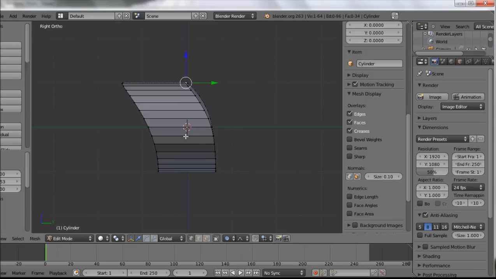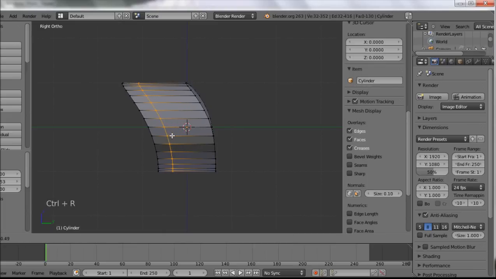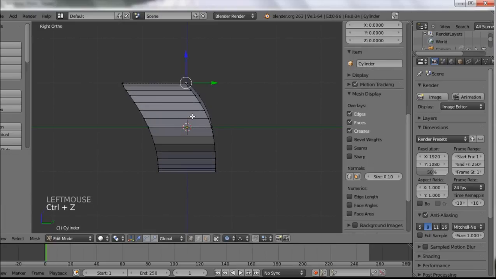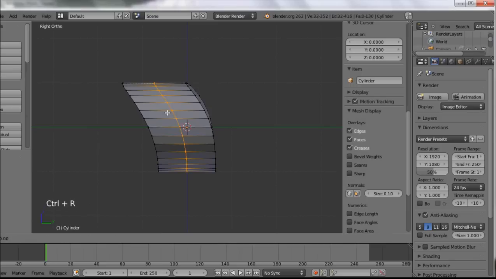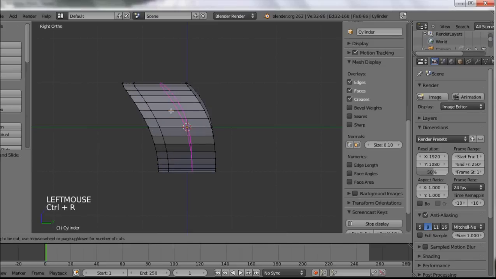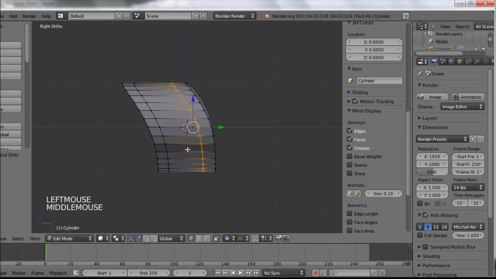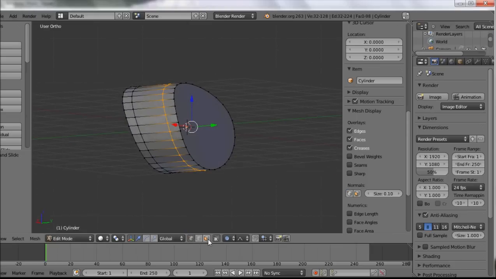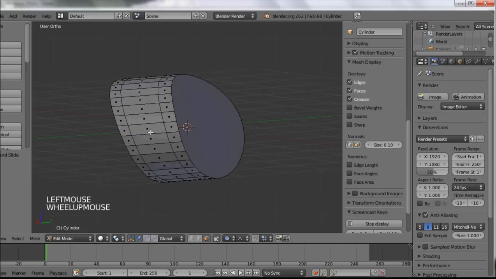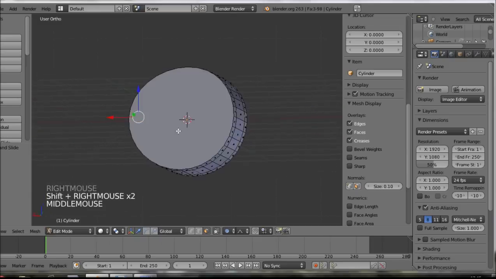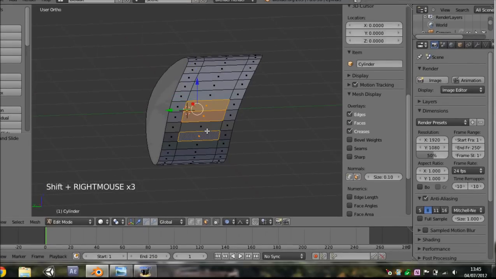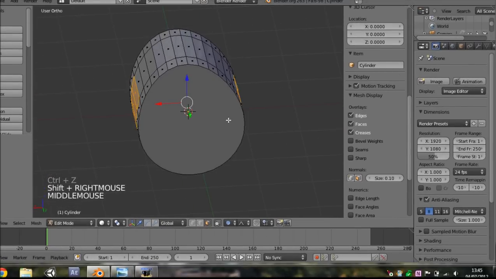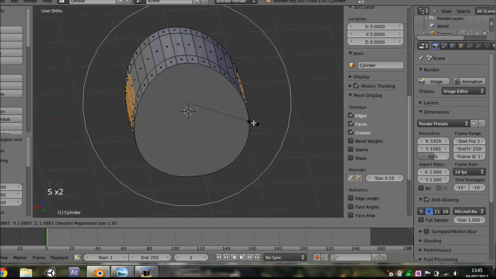Then I'm going to hit Control R, add 2 loop cuts. I didn't want it there. Let's try that again. I'm going to try put them quite close to the edges. And I'm just going to go to the bottom of the screen and click this little face select so I can select some faces, and select these 3 faces on either side, and hit E to extrude,